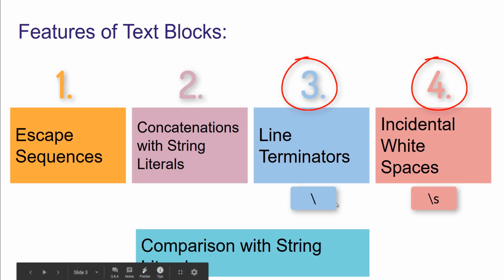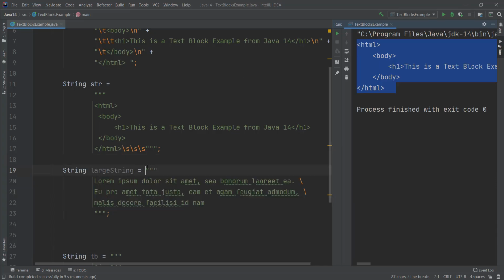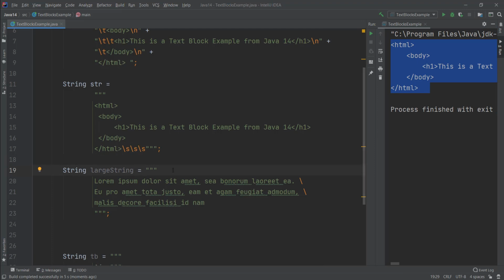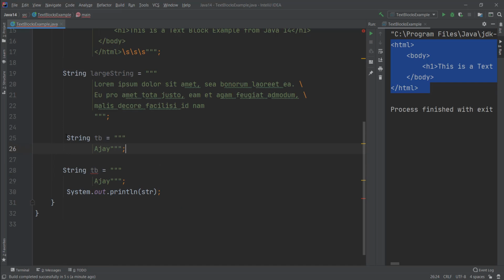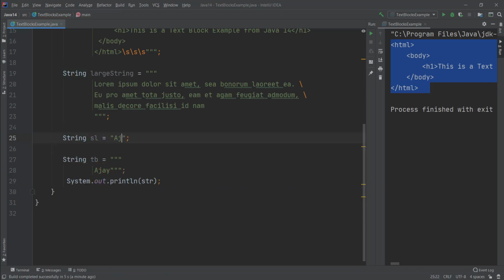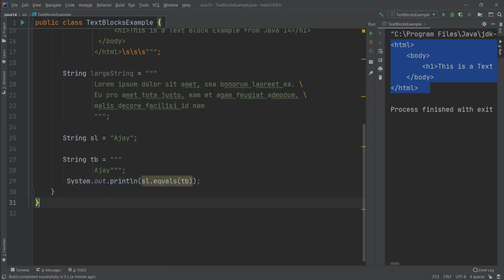The next thing is comparison with string literals. Both string literals and text blocks are compiled to strings in Java. Let's take one example to compare both of them. What do you think would be the output of this?